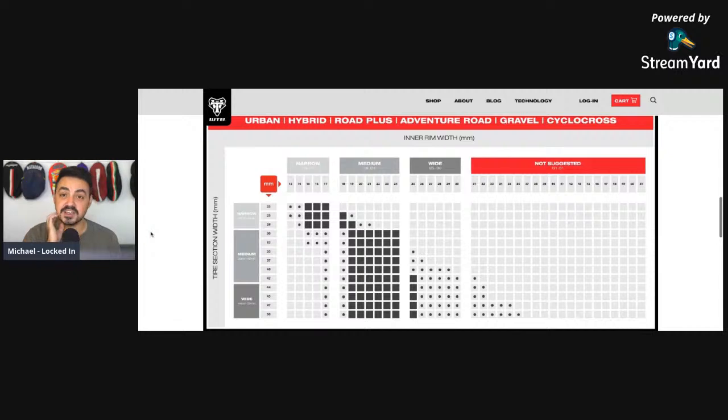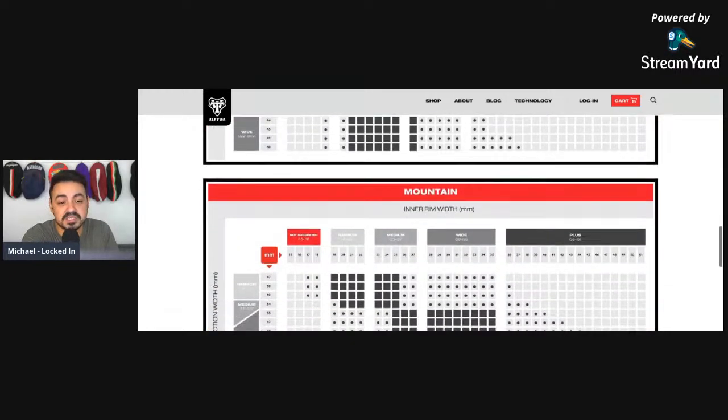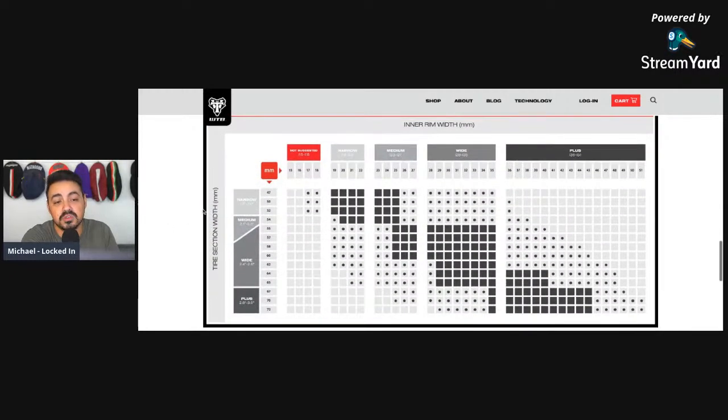And obviously a lot of mountain tires now are capable to fit on a gravel bike, but this works with road or mountain. And they even have a mountain chart to show you the wider tire widths from 47 at the smallest, which would be your 650B by 47, all the way to a 72, which basically equates to a 3-inch. So when you're looking for a real true fat bike,